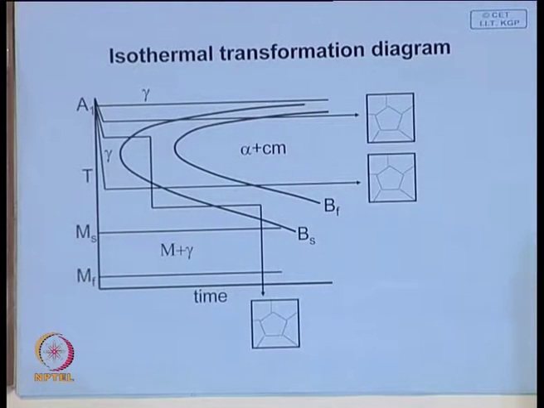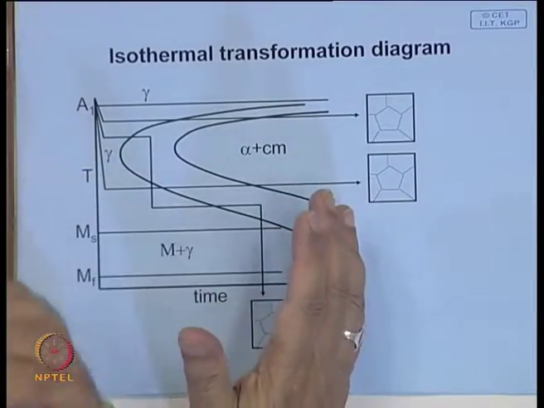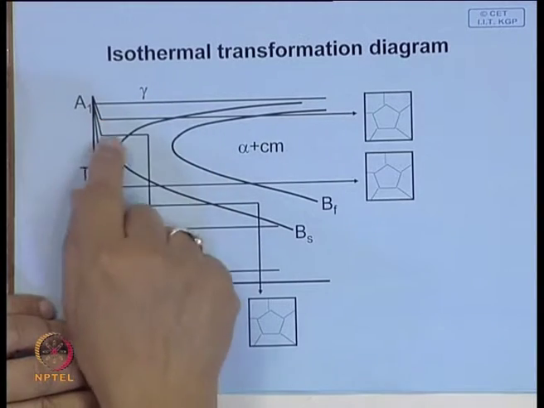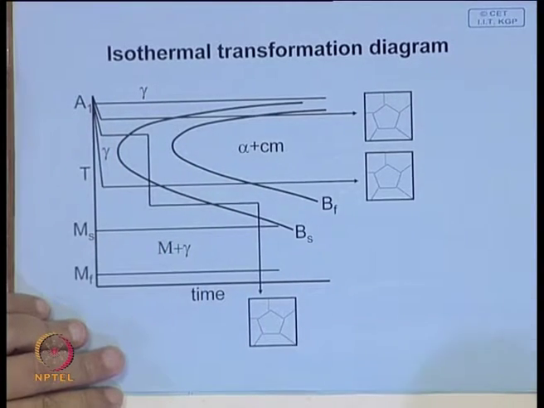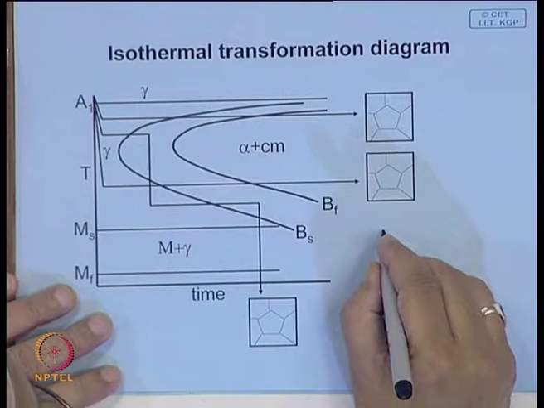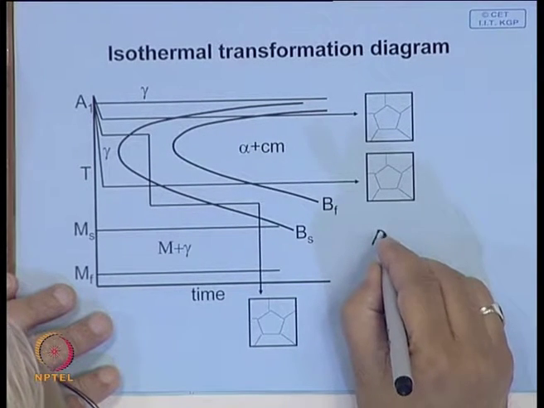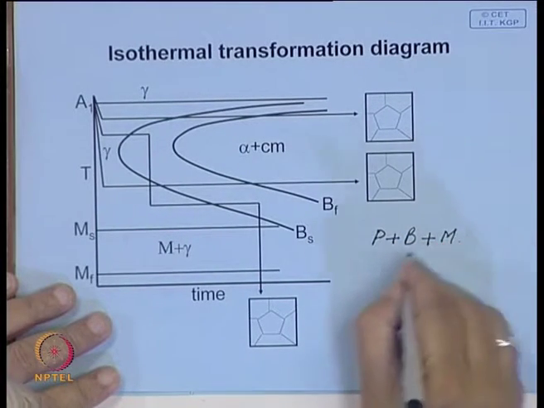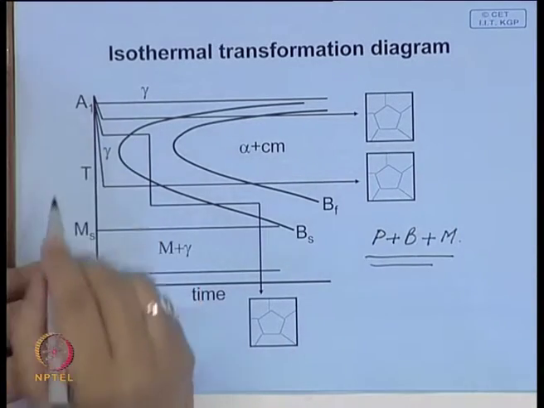Now, the question comes: you can get a wide range of microstructures in the steel depending on how you allow the steel to cool. So, one can think of various types of isothermal heat treatment processes. Suppose we ask, can you design a heat treatment process where you will get a mixture of, let us say, in a eutectoid steel, some amount of pearlite, some amount of bainite, and balance martensite? Is it possible? So, if you look at the diagram here,